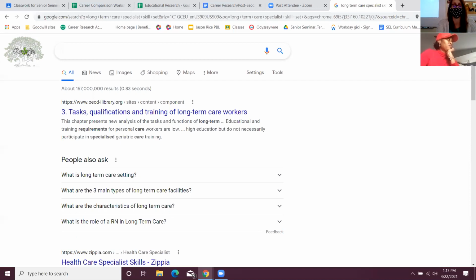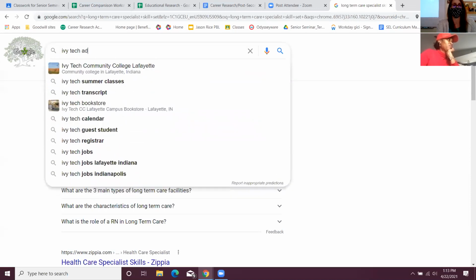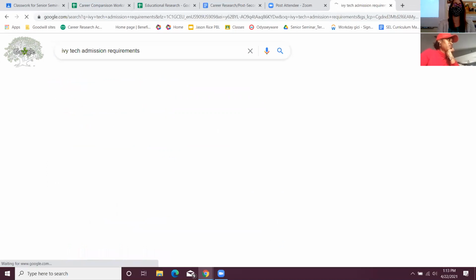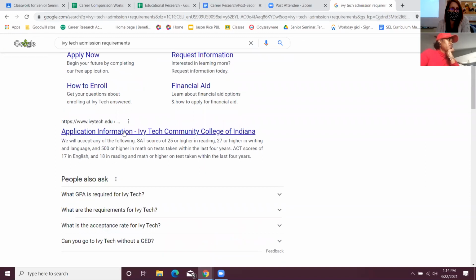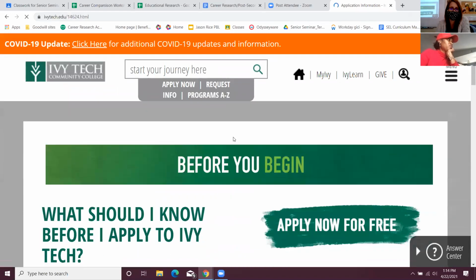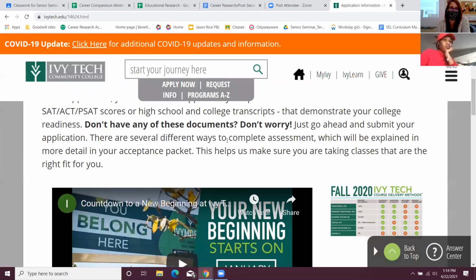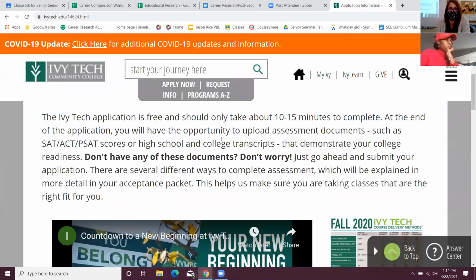Let's look up Ivy Tech admission requirements. Yeah, so most of this stuff, if it's not in your chart, you can kind of look it up. Application info, here we go. We will accept any of the following. Good old Google. They have an application, should take 10 minutes to complete.